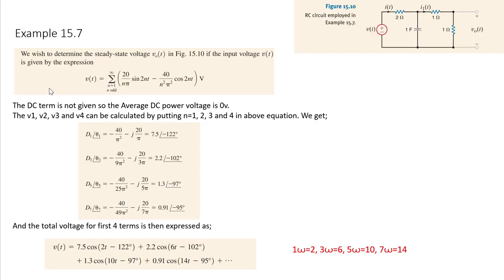This is example 15.7 from the book. In this example we have this simple circuit. So this is our circuit. In this circuit we have a source and some dissipating components, but we are interested in V0. So V0 is at the output of this circuit. Here we will get the components as